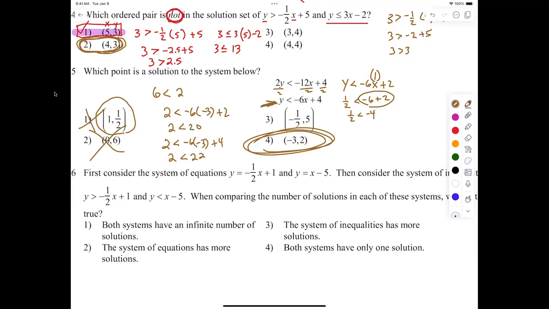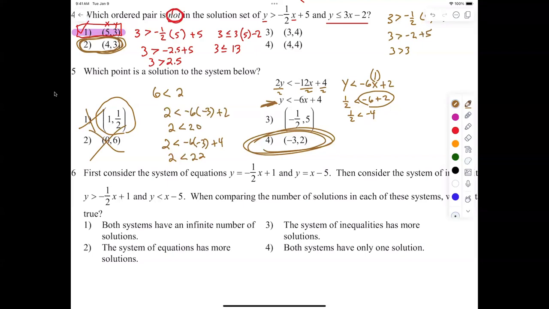What? Wait, but they're both less than. So that makes it an answer. That makes it an answer. It has to be true for both of them. 2 is less than 22 and 2 was less than 20. Yeah, so